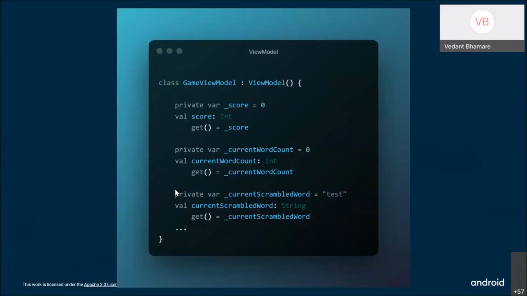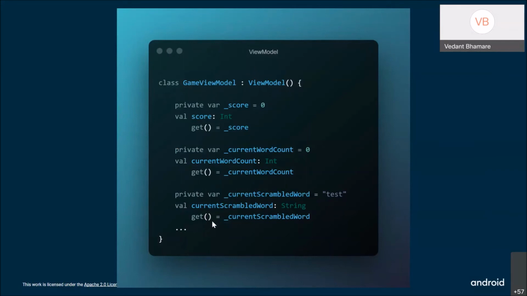So this is the boilerplate code. What exactly you need to write while writing your code for a ViewModel. It is a class, and you give it a specific name. If it is the GameFragment, then we would give the name GameViewModel, and you have to define its type, that is ViewModel.